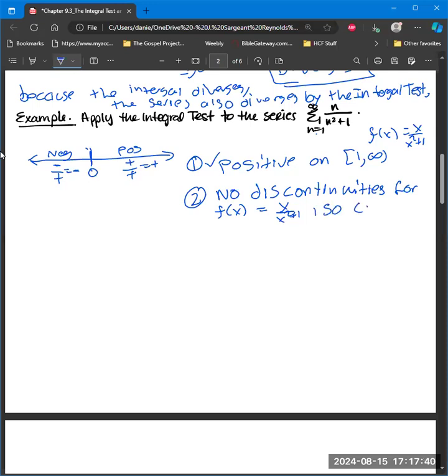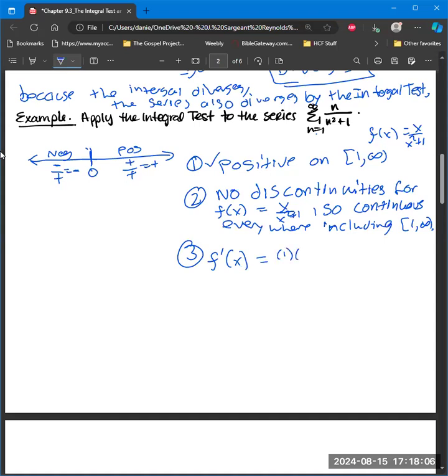So continuous everywhere, including the interval 1 to infinity. And then let's find f prime of x using the quotient rule,